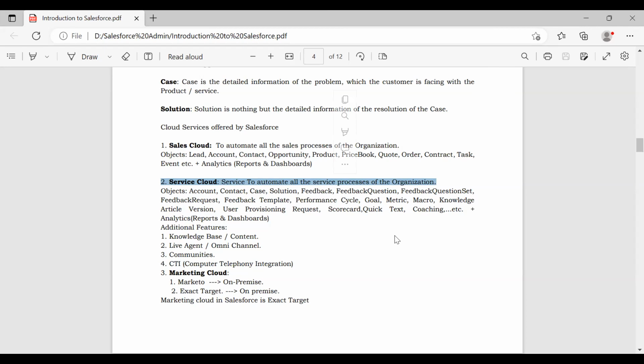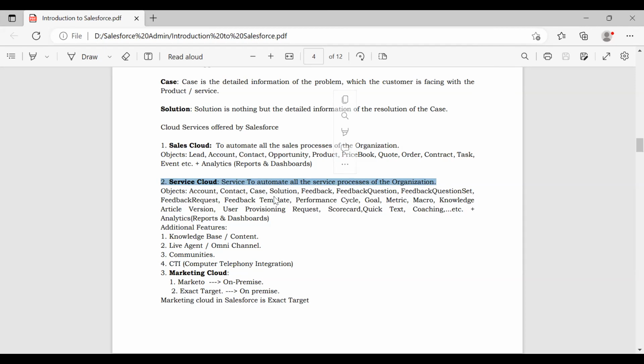Service is whatever the case the customer is facing or whatever the complaint the customer has. We are going to provide the solution for that problem. The service department or support team must provide the solution for the problem which the customer is facing with the product. So in order to automate the service process of any organization, we can make use of this ready-made service application which is provided by Salesforce as part of this Service Cloud feature.